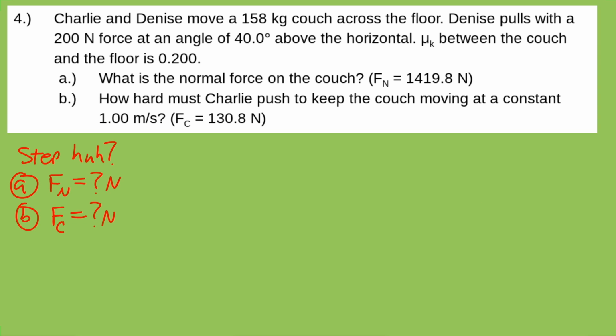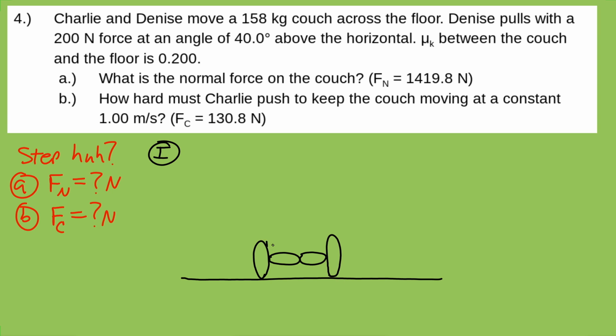So on to step 1, which is sketch. So again, all year long, step 1 is always make a sketch. So what do we have here? We've got the ground, we've got a couch. You may notice this couch only has 2 cushions. So I would call this a love seat technically, but just go with it. It's a couch. We know the mass of this couch